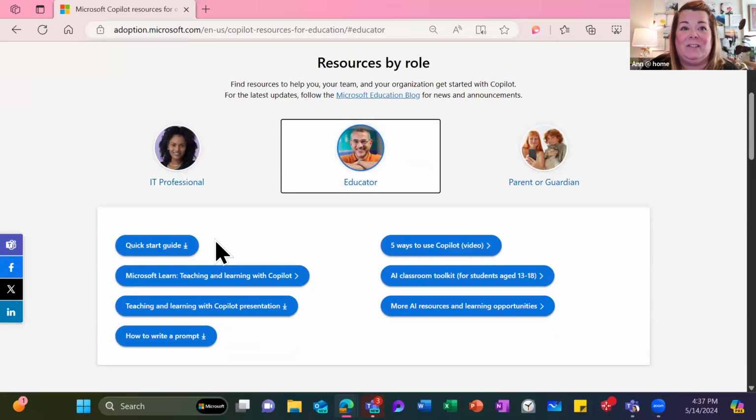And I love there's a quick start guide. How do you teach and learn with Copilot? 5 ways to use Copilot. An AI classroom toolkit for students, in that upper junior high school age span. How do you write a prompt? So these are brilliant resources that we put together, with our educator thinking cap on, and advocate for internally, and want to make sure they are beautifully rich, dynamic resources for different roles available.